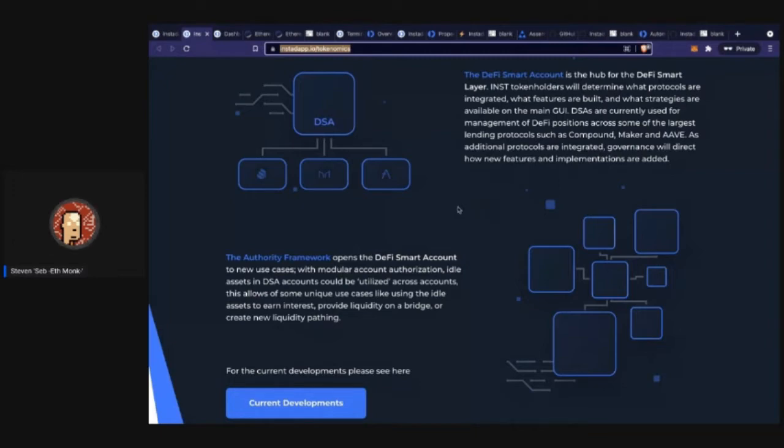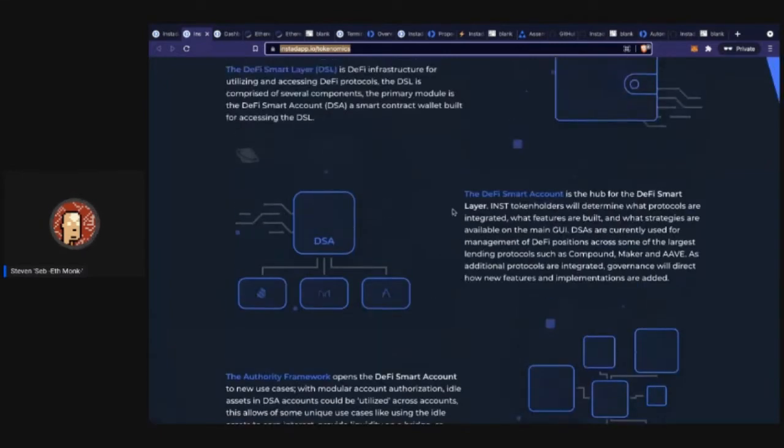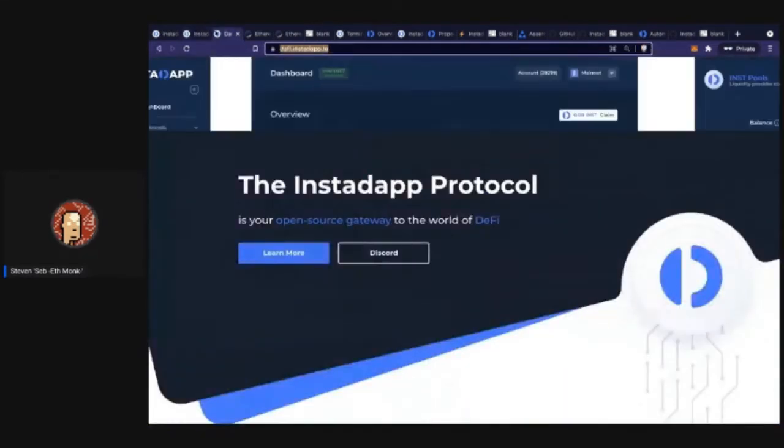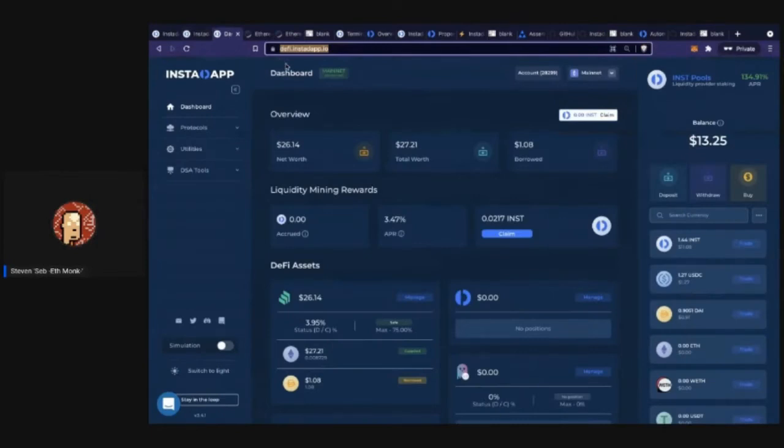And then I'm just going to bring you over into our app. What I'm going to do is walk you through the whole application, because there is quite a lot going on here, and it's a lot to learn. So this is your interface. The first time you come in, it's going to ask you to create an account. Again, this is that DeFi smart account, and you will have to pay gas to create it.